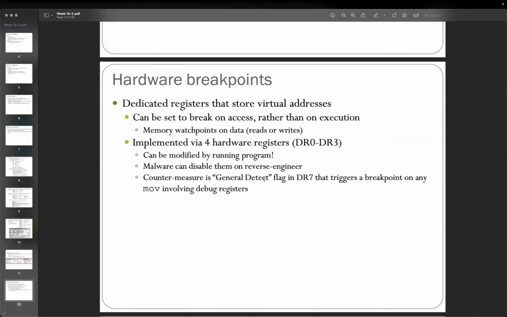And next part, we talk about the hardware breakpoints. So they will be like dedicated registers. Okay, so they may be stored on the virtual storage. They can be set to break on the SS rather than just on the execution stage. Okay, so we can set the memory watchpoint on the data, so read or write,